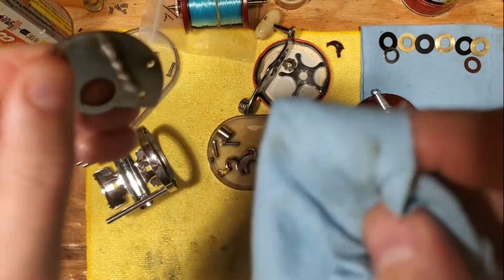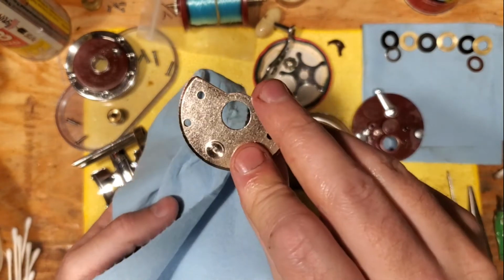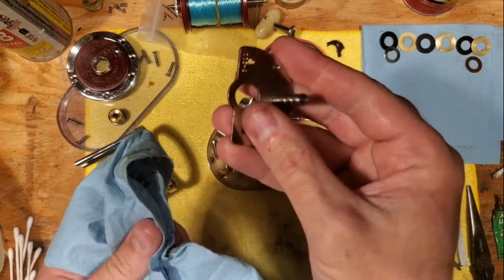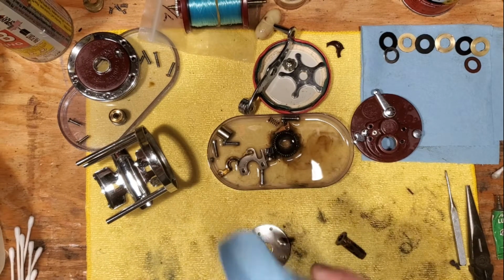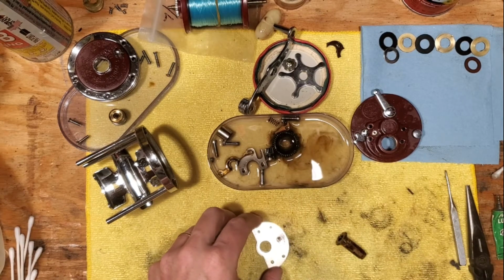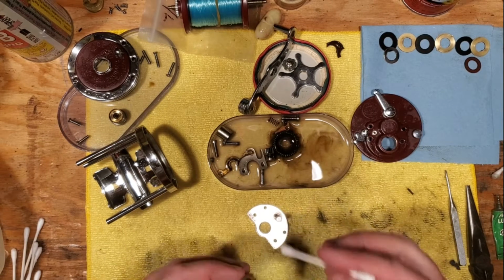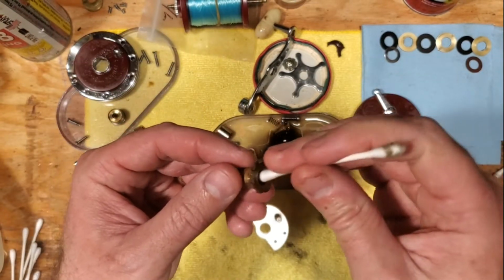I like to start with taking a clean paper towel to this shaft and just clean off any debris, any excess stuff. As you can see, this bridge assembly is in very, very clean shape. This nice stainless steel alloy material was standard for the squidder, as well as pretty much all the take-apart designs that Penn offered over the years in this vintage class, with those stainless steel alloy components. So I like to take a Q-tip to the inside of the sleeve,